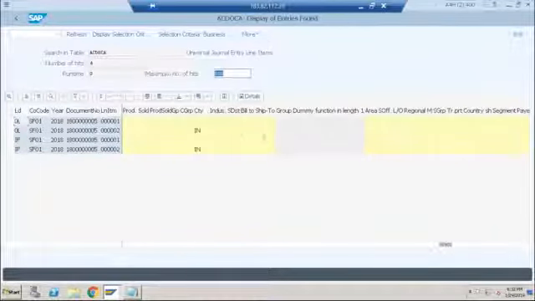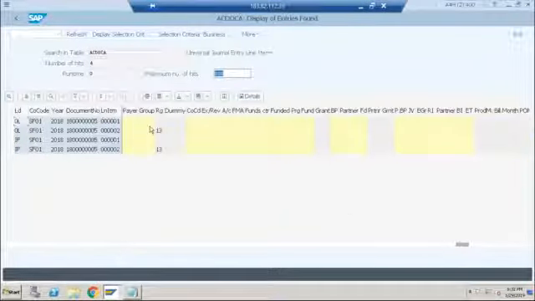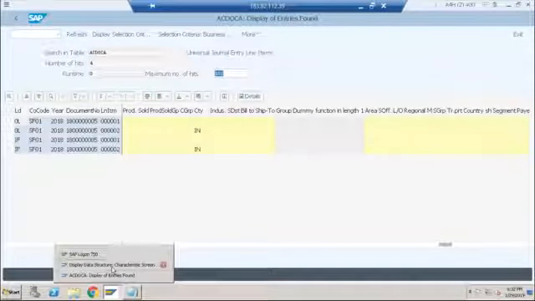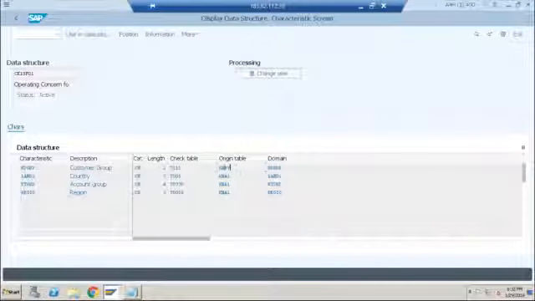Yeah, these fields that you are able to see are COPA related fields. Here you will be able to see the region and country. See, these things are getting populated now. Why are they getting populated? Earlier they were not getting populated because the origin table was KNVV. The KNVV table was blank for that particular customer, and that is the reason the system was not able to derive that information.